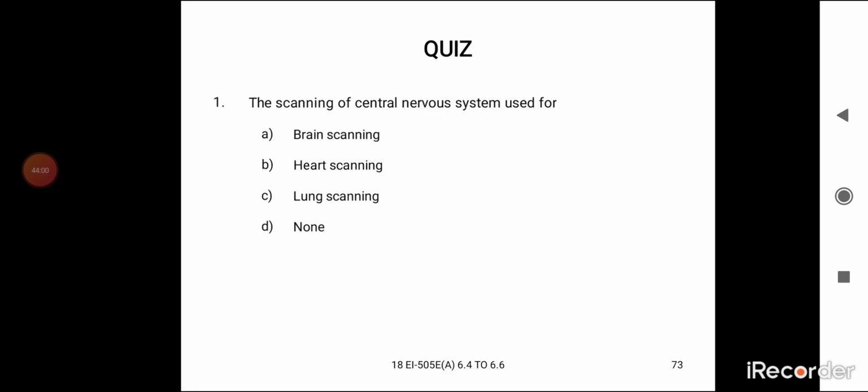Is the scanning of the central nervous system used for brain scanning, heart scanning, lung scanning? None. The scanning of central nervous